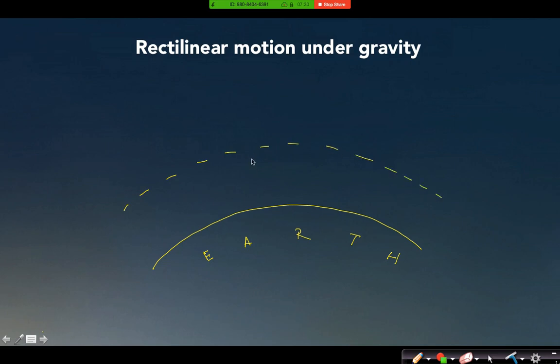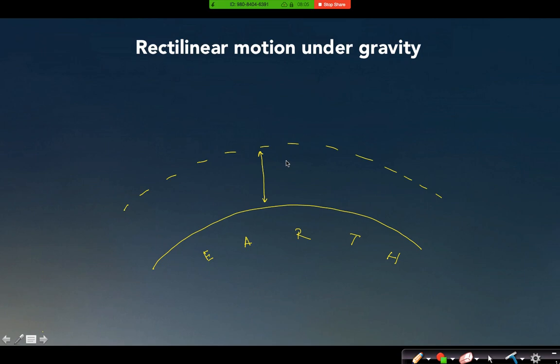When you throw a particle in air, the particle will never go beyond a particular limit, right? And the limit is very small compared to the Earth's radius. You can say that it may be maximum 10 meter, 20 meter, right, in this range. And the radius of Earth is near about 6,000 kilometers, right? So that is very negligible compared to the Earth's radius. That is why we will always assume that in these examples of rectilinear motion under gravity, the gravitational acceleration,